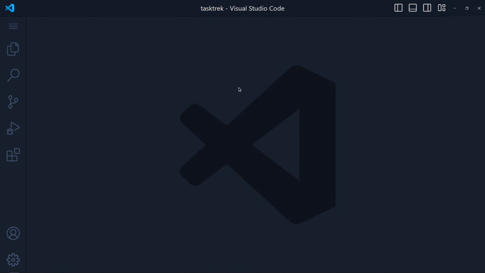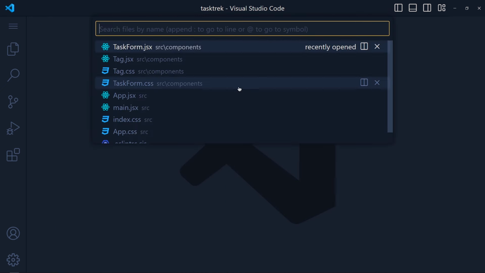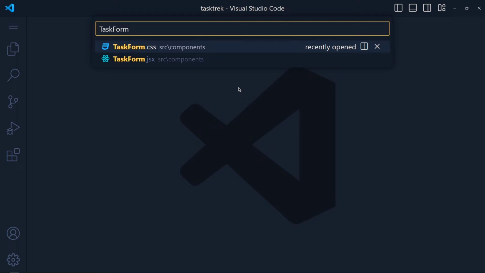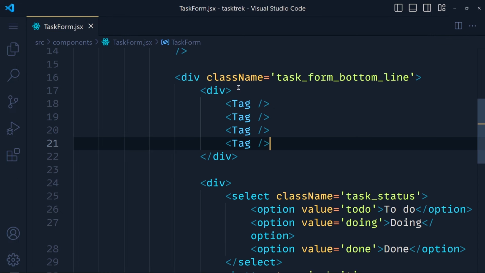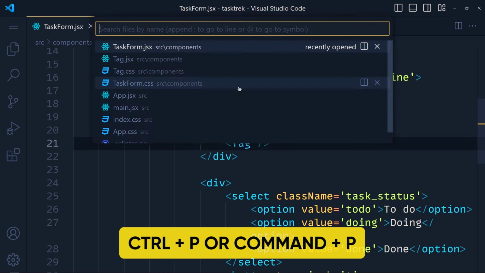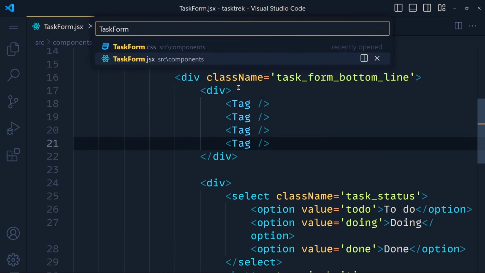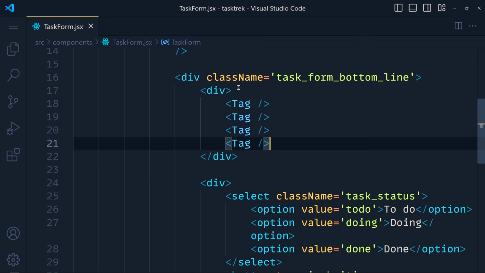and select close all. Now let's open our task form component. If you wonder how I am opening these files, so just press Ctrl+P or Command+P and write here file name which we want to open and hit enter. See, without using mouse, we can open the files, and these are little productivity hacks which developers use. Now here we want to pass different tag name